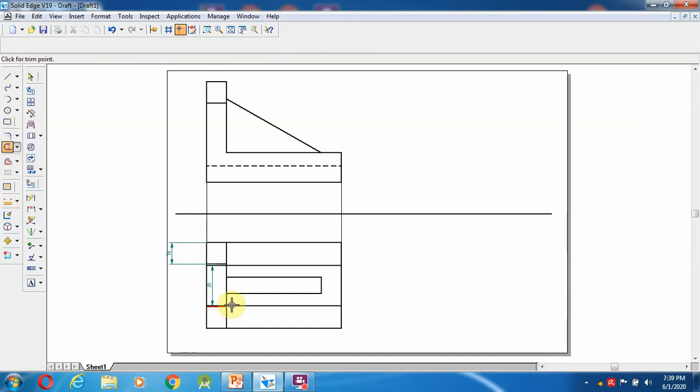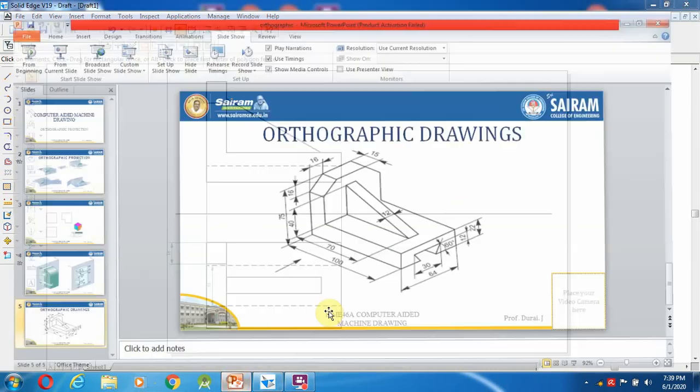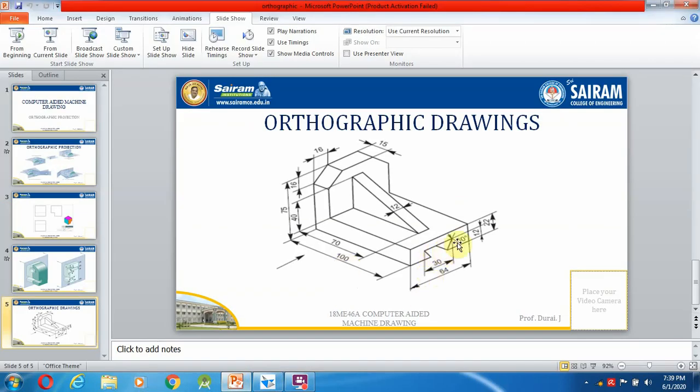Then afterwards these straight lines are going to be made as dotted lines. After creating the dotted lines, the next thing we have to check is the bottom edges. These edges are given only with the 60-degree angle, so we could not make them here. We have to draw them from the other views. In the top view or front view also it's not possible, so we can try with the side view.